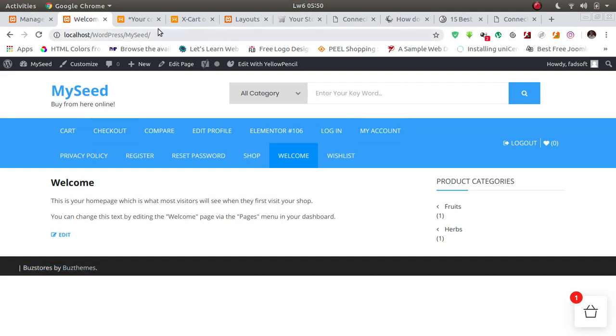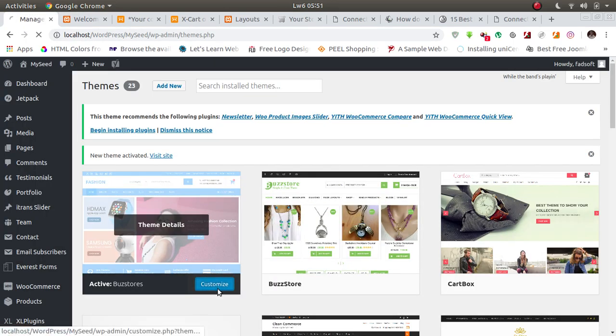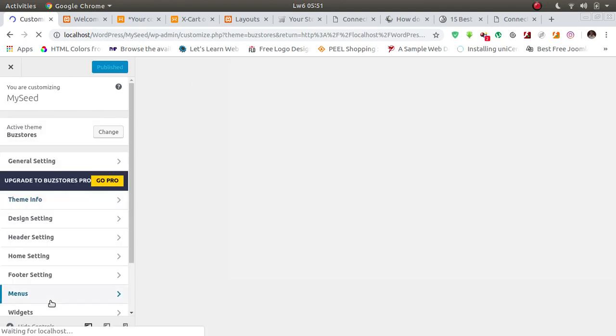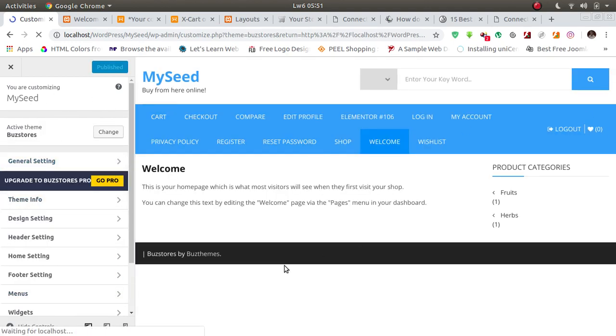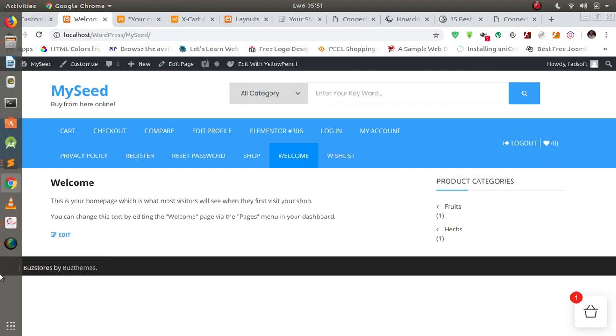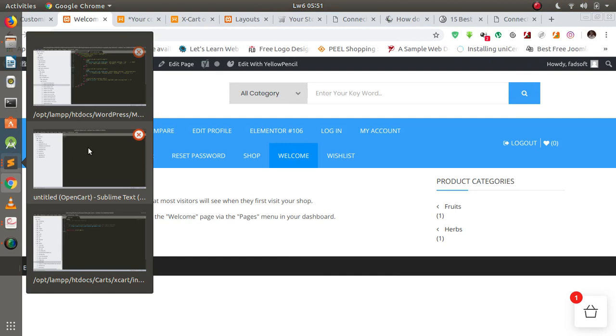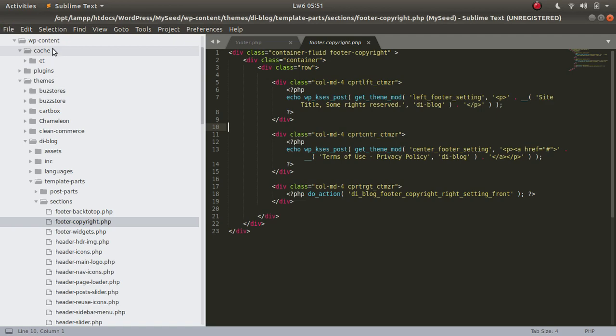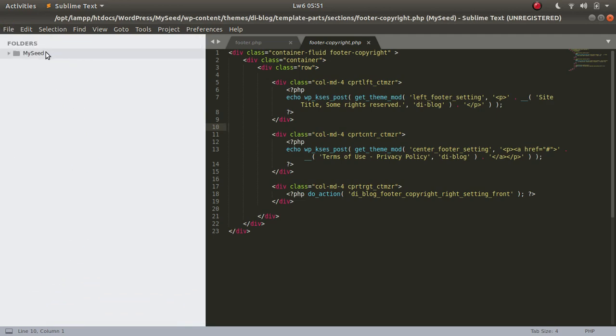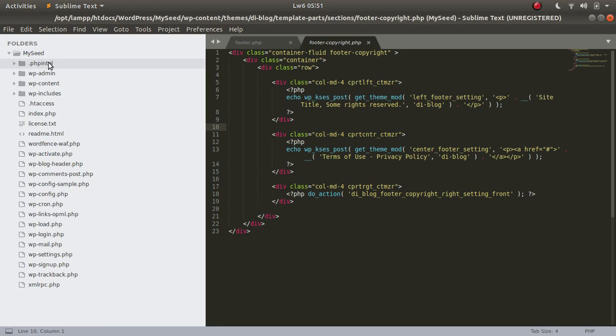You see, if you come here to customize your theme in the WordPress editor, they don't give you an option to remove this. You see it is disabled. So if you want to edit it or remove it completely from your website, you can use a text editor called Sublime Text or any of your choice. You open your WordPress main folder.